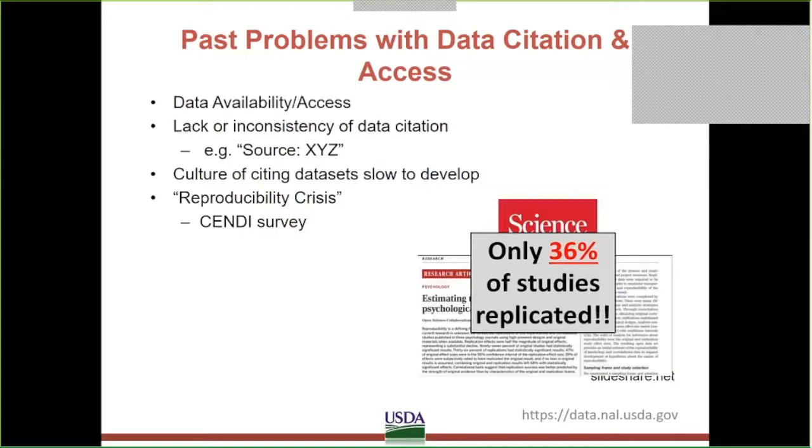Data references in the past would often consist of a brief mention in the text, a footnote in a figure caption, or in an acknowledgement, or even worse, not being cited at all. Or it has sometimes been accepted practice to simply say that data will be made available upon request. And this situation has contributed to the so-called reproducibility crisis, which has been widely reported in journals, blogs, and even